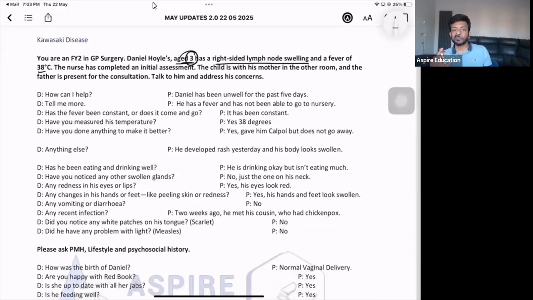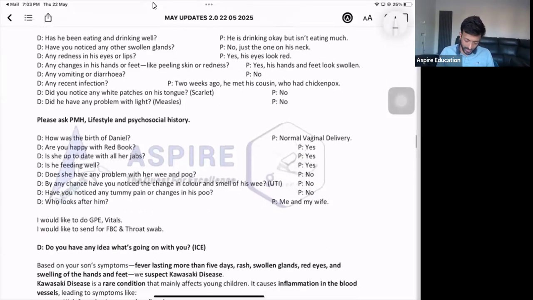So child is unwell. So see if the patient is eating, drinking well or not. That's very important in the kids, right? And if the child is playful or not. Ask questions for meningitis also. That's very important. Any fever in the kid, you need to rule out meningitis, as simple as that, right? You need to ask if the child is eating, drinking well, playful or not, and if paracetamol is helping his fever or not. Because we don't want a very high grade fever, because the patient might end up having febrile seizures as well. So we need to be very extra careful, right? Quickly, you can do the birth history and all, and then the management.